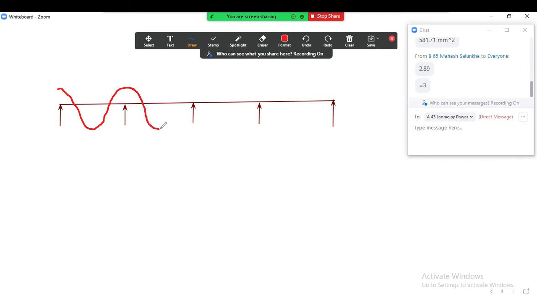Again there is a sagging bending moment at midspan. At support there is a hogging bending moment. Then again sagging bending moment at the span, and at the support again hogging moment. Again sagging at the midspan, and hogging bending moment here. Okay, if I join this,